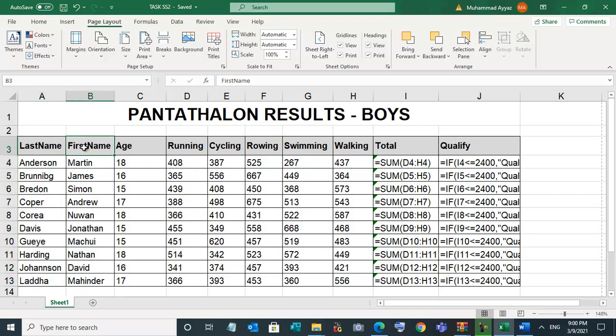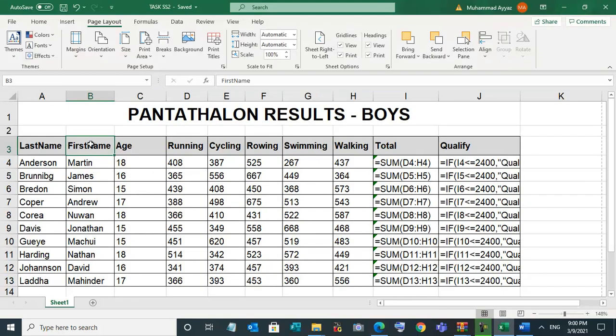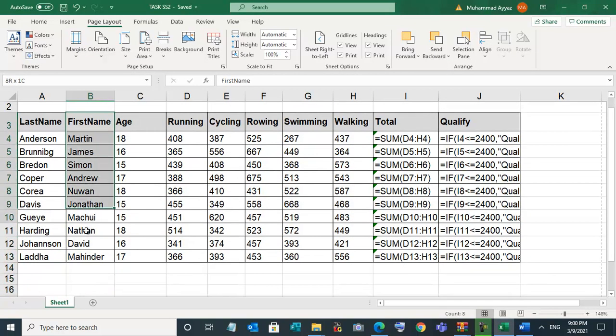We will show first name. Select the first name with the title for all records, then hold Ctrl key and select this. We only want to show the total time. Here is the time, but now we can see the formula only.